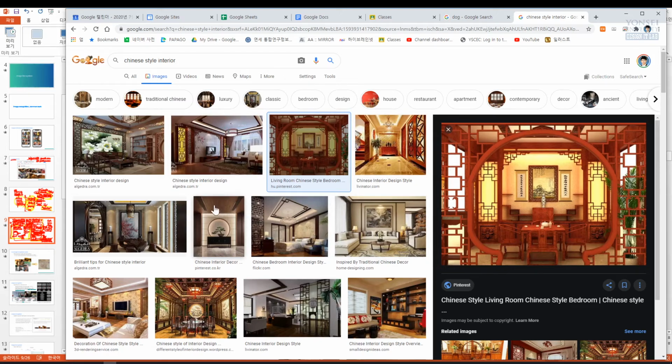And then Google is going to find exactly what you described by this text. A very specified and specialized query is going to successfully find exactly the image that you want. So that level of advancement